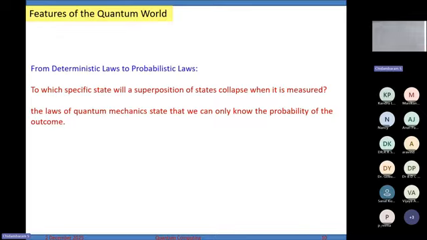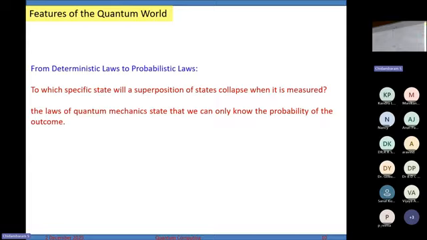So whether it gets collapsed to the computational basis that Sir was talking about in the morning, wherein on the north pole you have 0 and on the south pole you have 1. When you measure it, it falls to either the 0 state or the 1 state. That is probabilistic, right? It depends upon to which state it falls. It depends upon